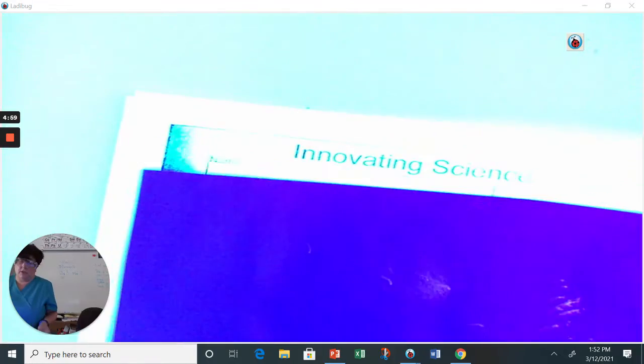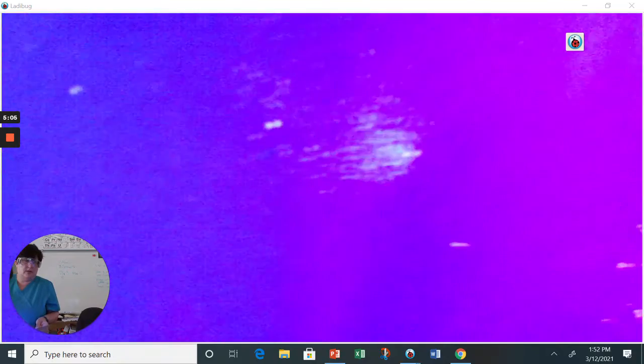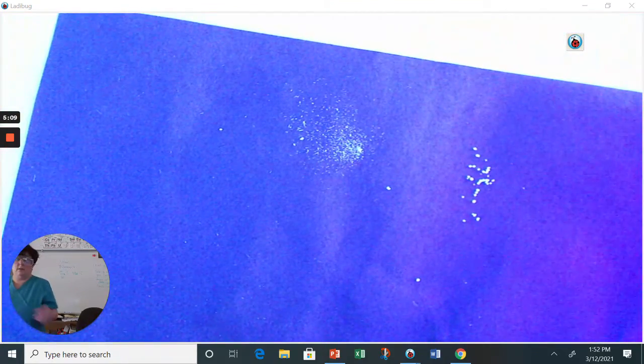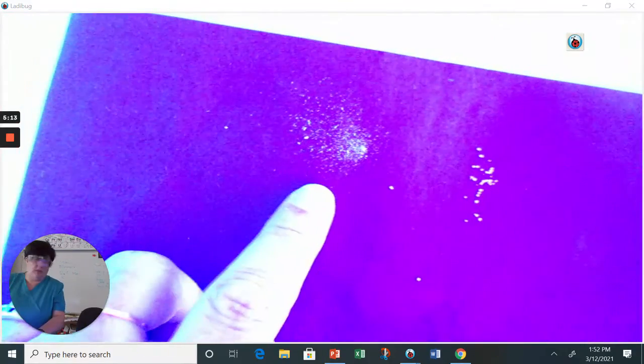I don't know if I can see this and try it here. And no, it's really not working too well. I don't have enough hands. That's really what I have to do. You can almost see it. This glows a little green under the black light,